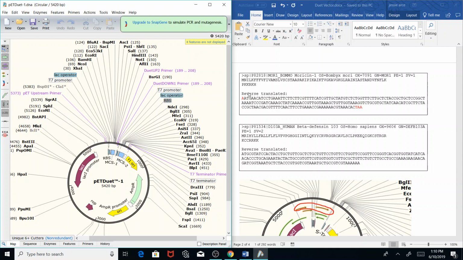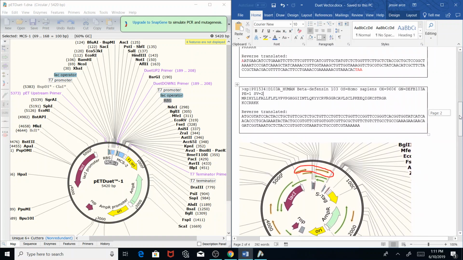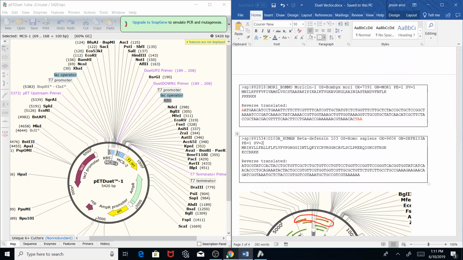So I'm going to take this sequence here, the muricin gene sequence, and I'm going to insert it into the first multiple cloning site, MCS1, and then I'm going to take the defensin sequence here, and I'm going to insert it into multiple cloning site 2, MCS2. So first I'm going to start off with